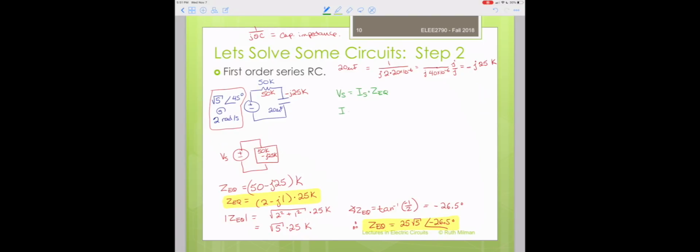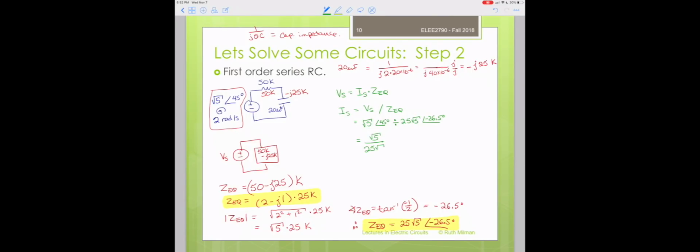Well, that just means that IS is equal to VS divided by ZEQ. The reason that we converted everything into polar form is because this is going to be much easier to work with. VS is equal to the square root of 5 at an angle of 45 degrees. We're going to take that and divide it by 25 times the square root of 5 at an angle of minus 26.5 degrees. If we take these pieces together, then as we do this, we have root 5 divided by